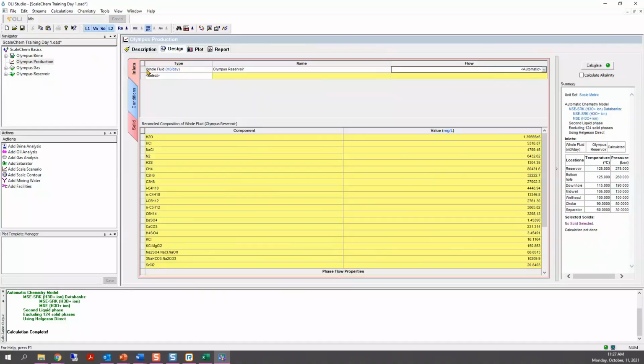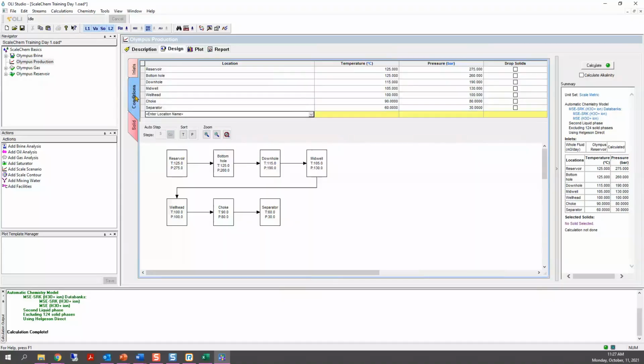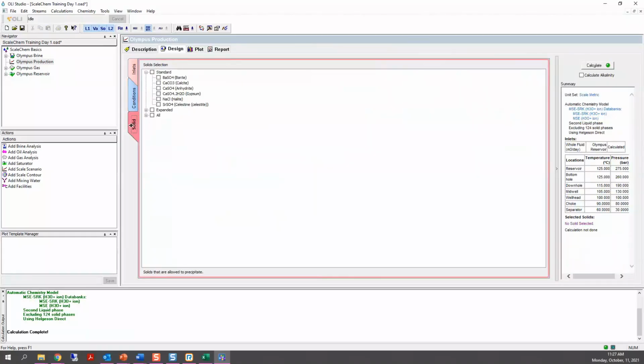By bringing the whole fluid, the software will automatically add up the production rates for us. If we go to conditions, we should have the previous conditions that we have worked with. And for solids, we will need to select the standard solids. Then we're ready to calculate.